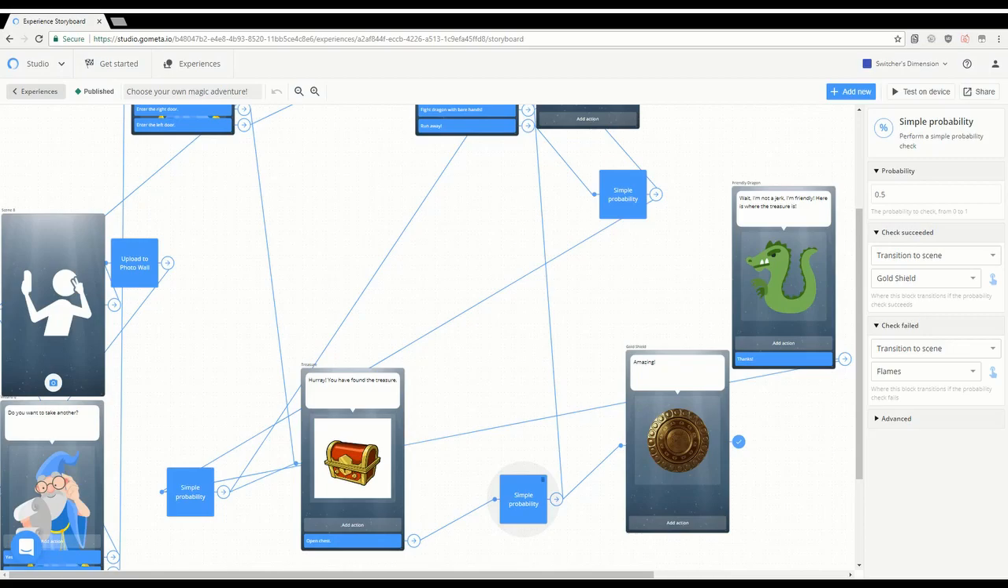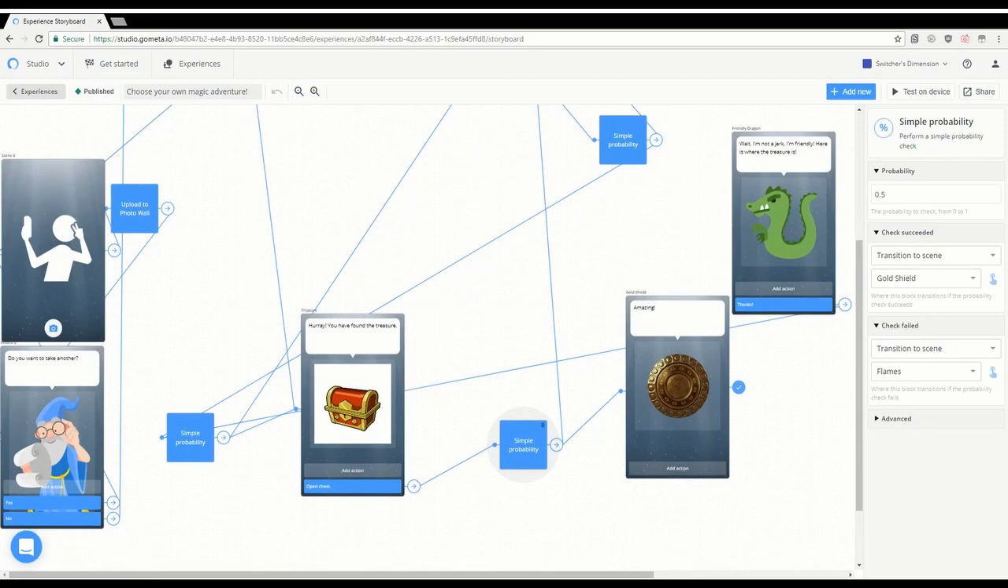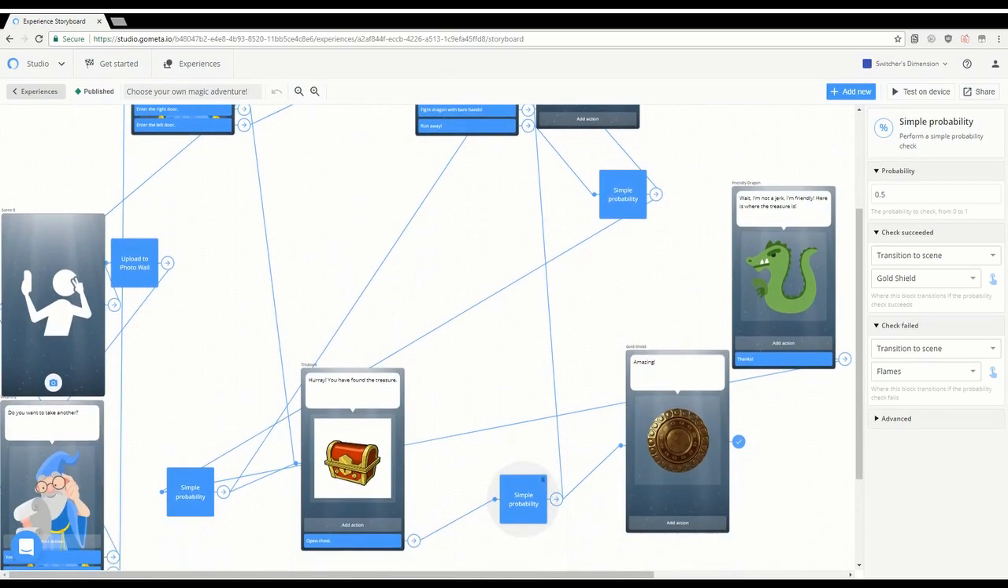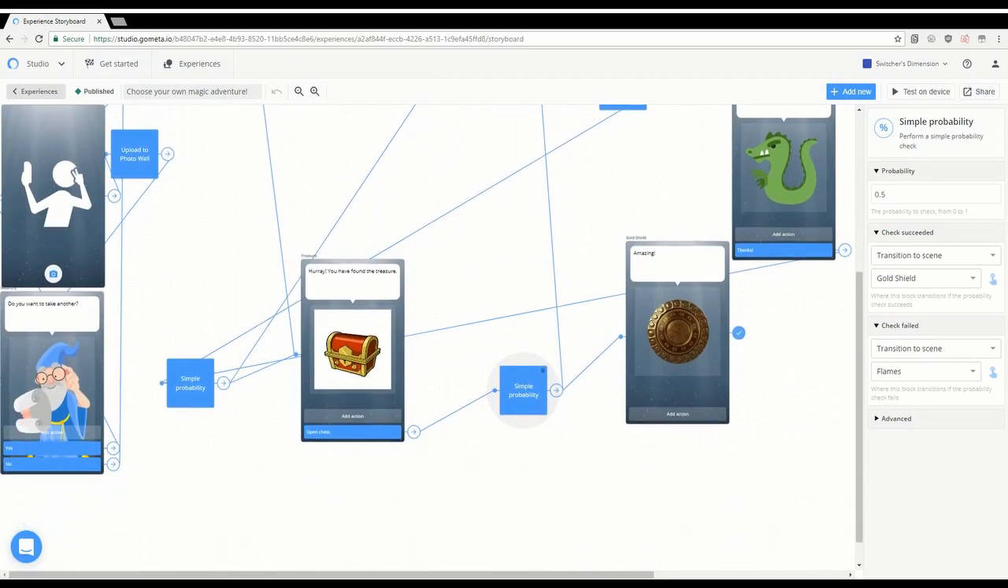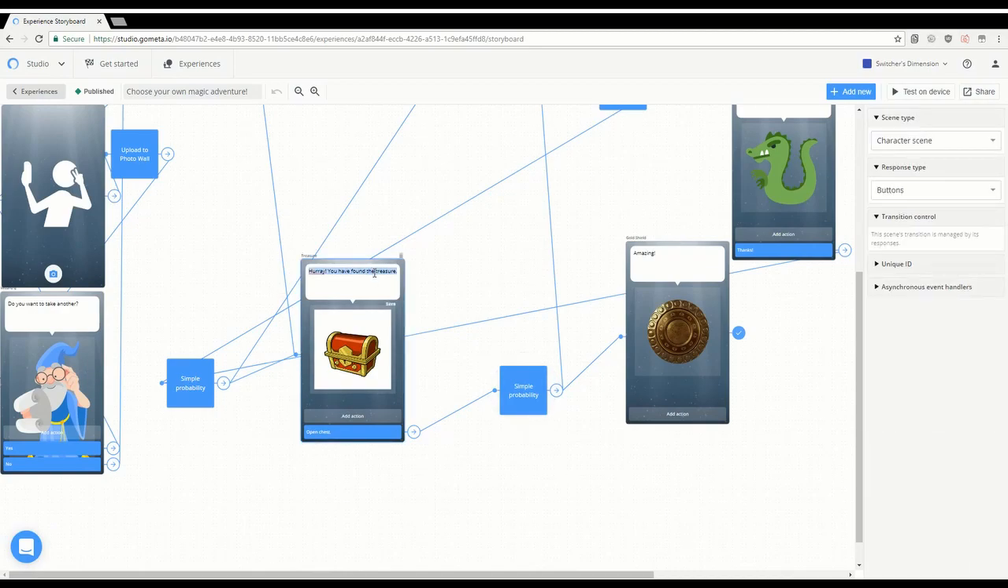On to the main experience that we've been working on, the choose your own magic adventure portion. I have rearranged things ever so slightly just to kind of partition it and make it easier for me to work with. But what we're going to do is disconnect this probability block, the one on the right, because we're going to make it so you actually have to open the chest with a password as opposed to just clicking the open chest button. So what this ends up meaning is we are going to change this button here, the response text,